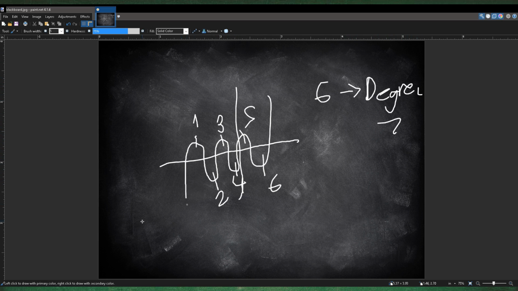Because think about it this way. If you have a linear graph, right? It's like this, you have no curves, so there's 0. But the polynomial is actually degree 1. Right? And if you have a quadratic, 1 degree,